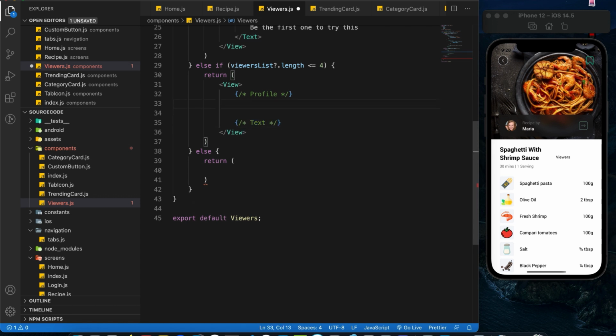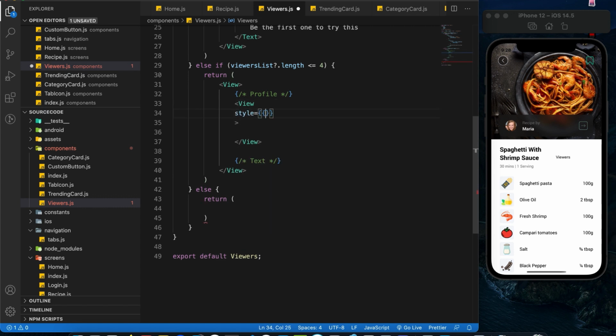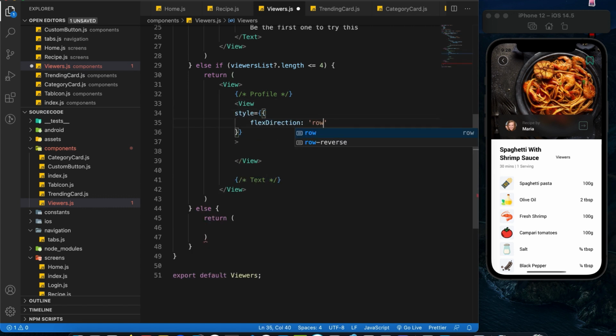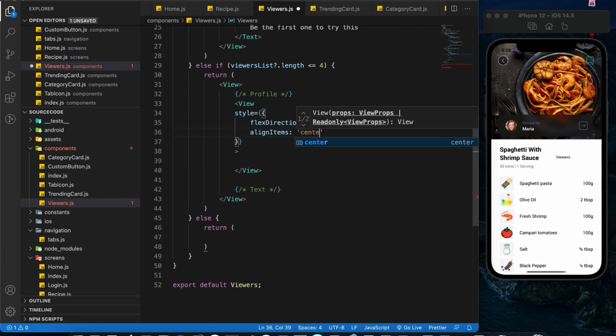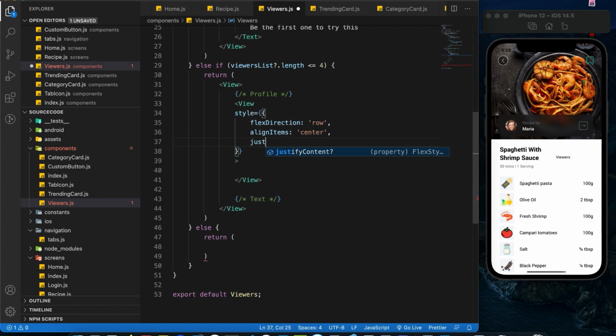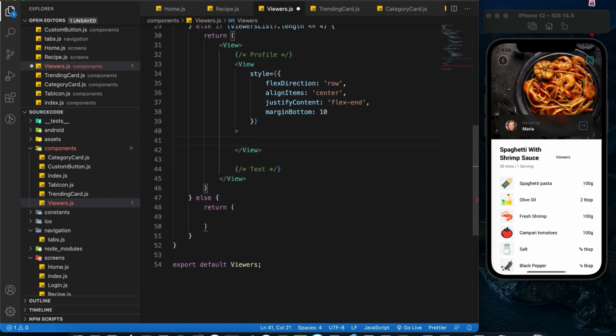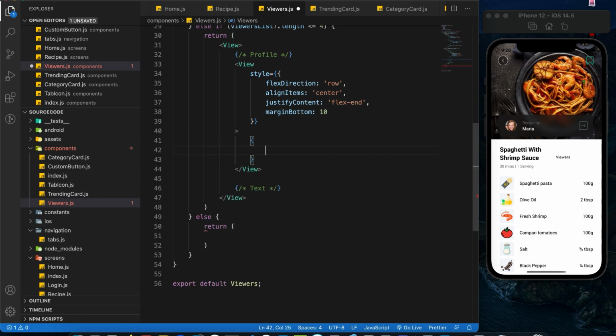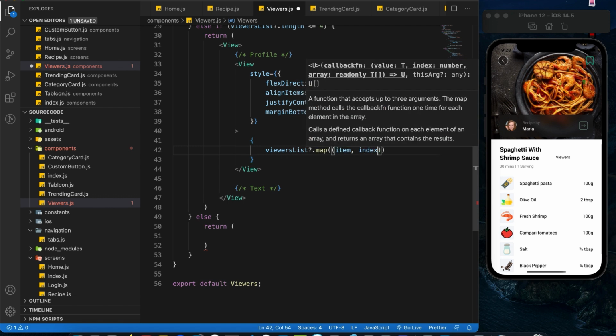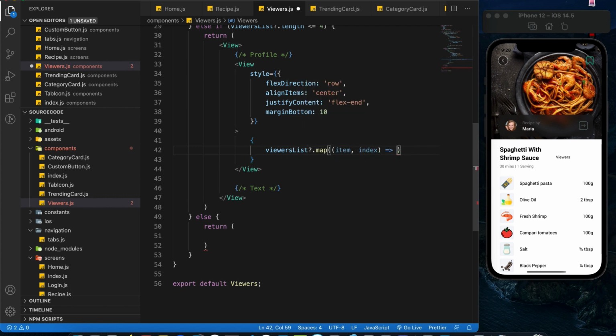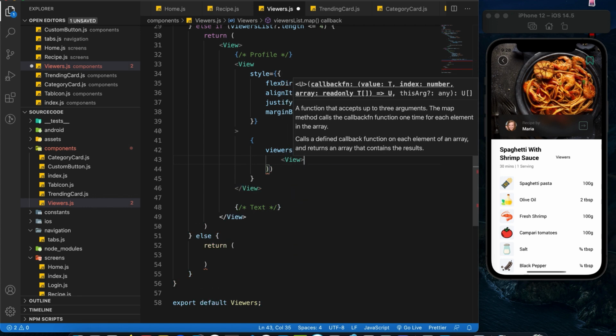So for the profile section, we need another container view. Give it some styling. Flex direction equals row. Align items equals center. Justify content equals flex-end. And margin bottom equals 10. And now over here, we are going to use the map method to render the profile images. Alright, so viewers list.map item, index, arrow function, and here we are going to return a view